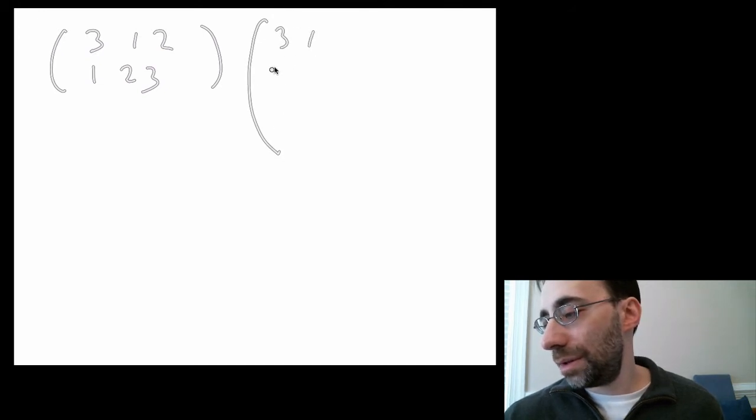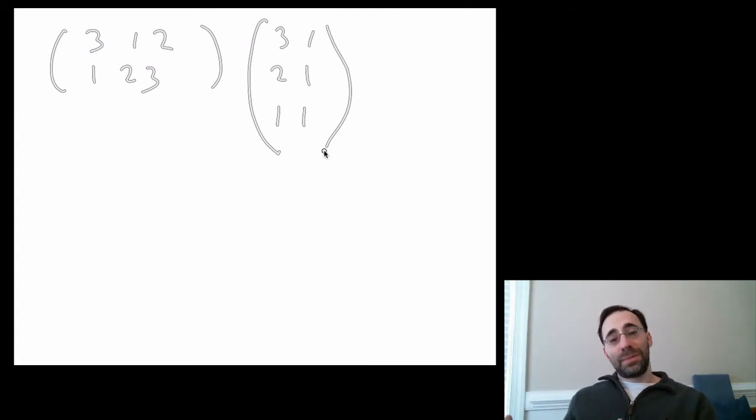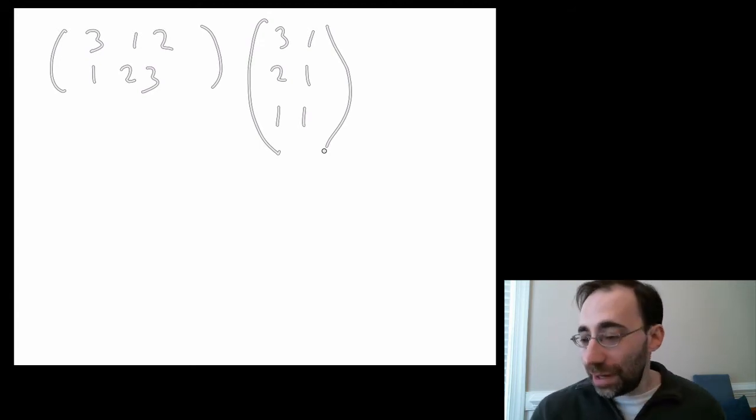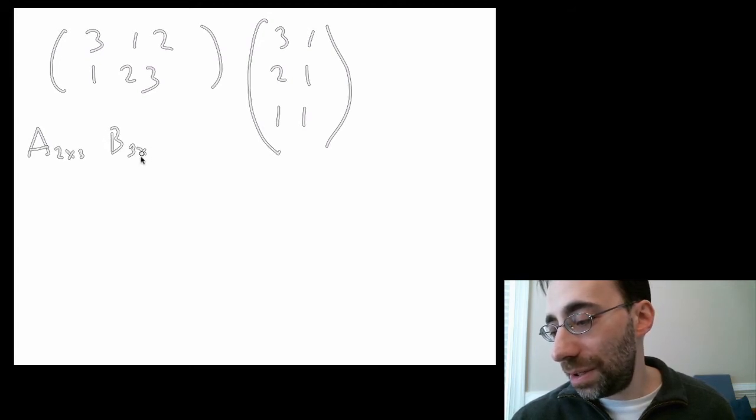3, 1, 2, 1, 1, 1. Okay, so now these are different size matrices. One is a 2 by 3 matrix, and the second is a 3 by 2 matrix. We can't add or subtract these because they have different dimensions. But we note that the first matrix is 2 by 3, and the second is 3 by 2, so